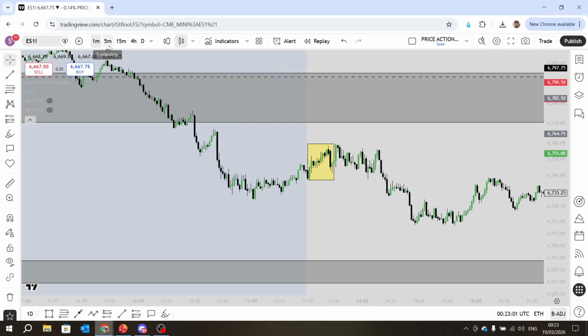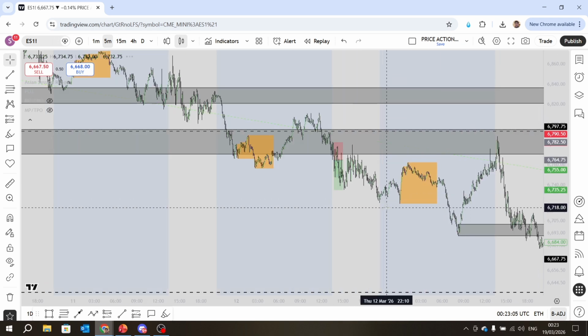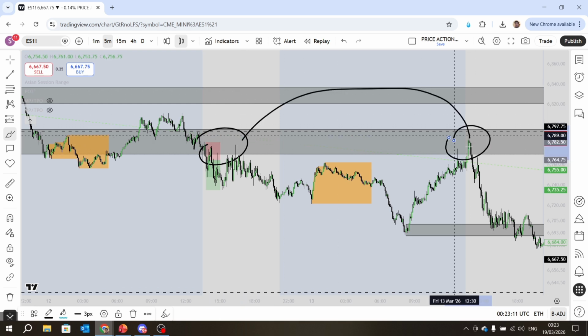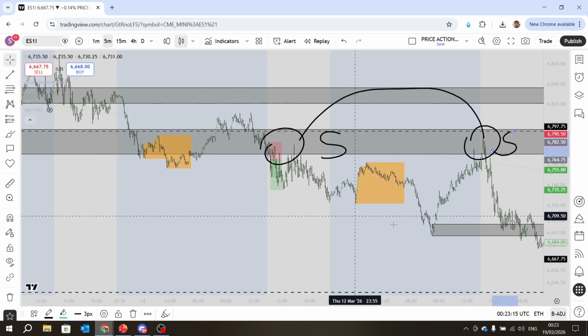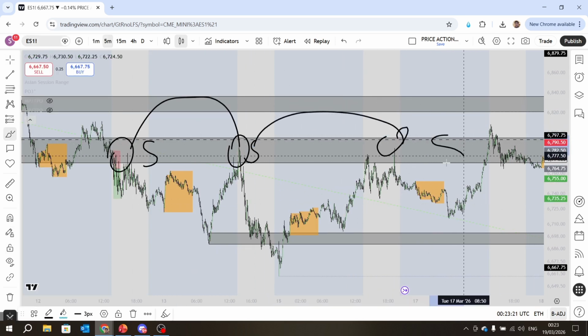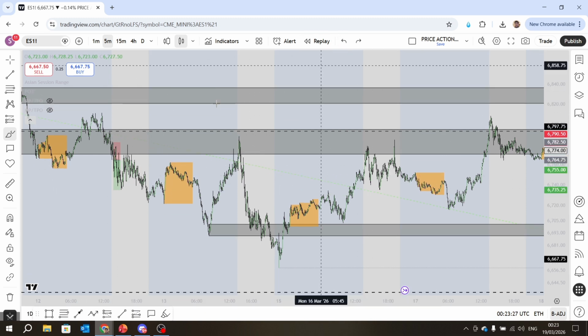So if I show you here on the charts right now, this was that Thursday trade right here. This is the one I was talking about. So this was the Thursday trade. Boom, this was the Friday trade, right? So we see an area of supply, we see area of supply. Even here, to be fair, even on Monday, we couldn't really break out of this. So we see supply, supply, supply. So it's the market that shows you the clues. Your job is to have the humility to read them.